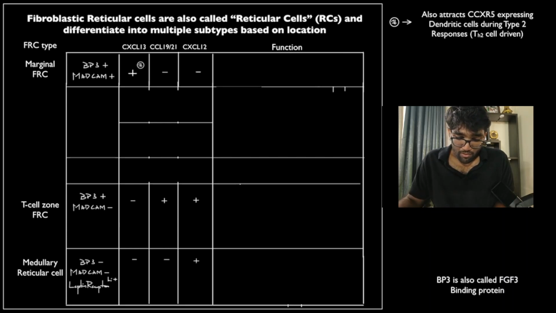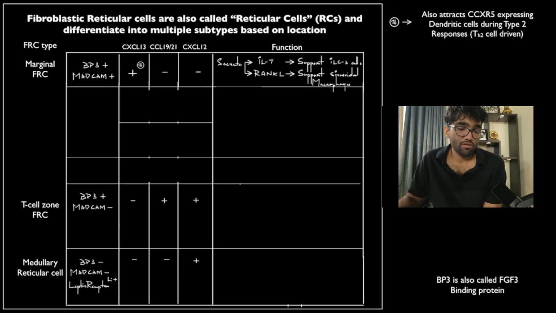So, and finally, the medullary reticular cells only express CXCL12. So any cells that express only CXCR4 will get attracted towards the medulla, and actually they leave the lymph node to the efferent lymphatics. The marginal zone fibroblastic reticular cells express IL-7, which supports a specific type of innate lymphocyte